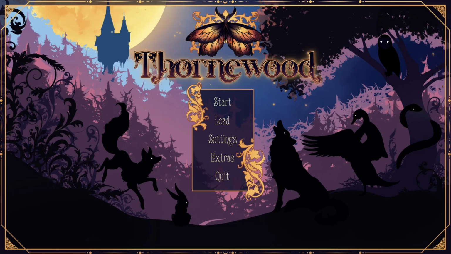Everyone, I am going to quickly do a recording walking through some of the features in Thornwood, just because I think they're cool. And I also think that the still screen caps that I've shown haven't necessarily shown them off properly or made it where you can understand how they work. That's the main reason. So we're going to start by going into settings, and there's not that much here, but